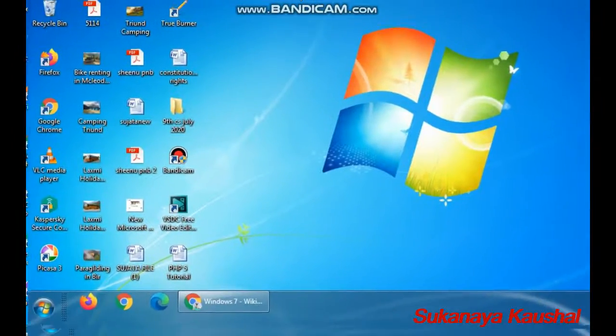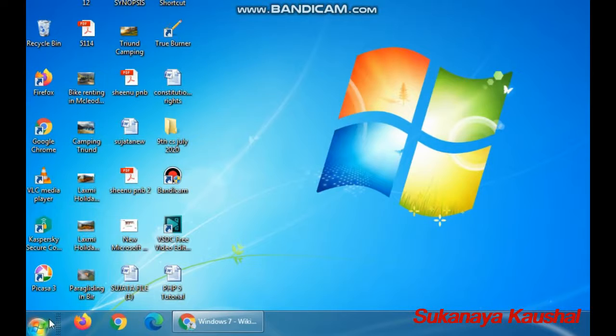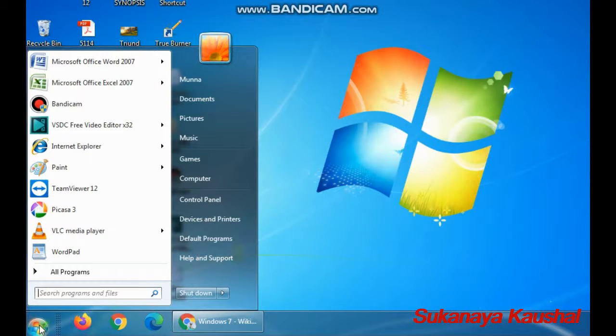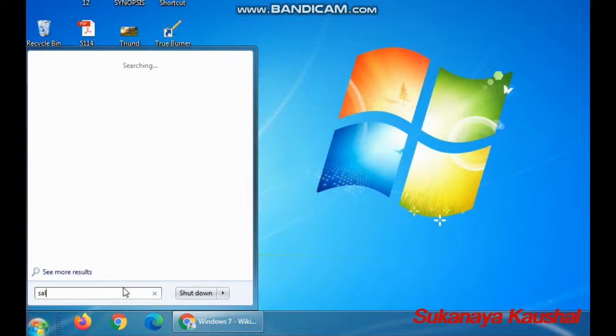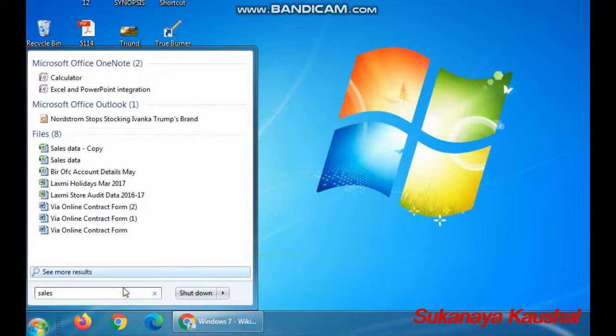So here we are in Windows. I have opened Windows 7 and I'm going to the start menu, and here I have the option of search programs and files. If I want to find my file, like an Excel sales file, it is going to search for the file.